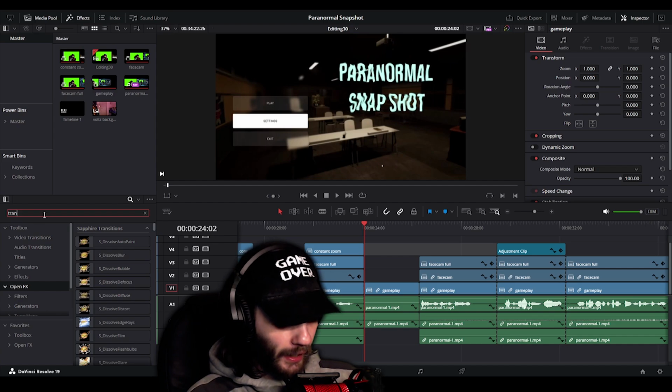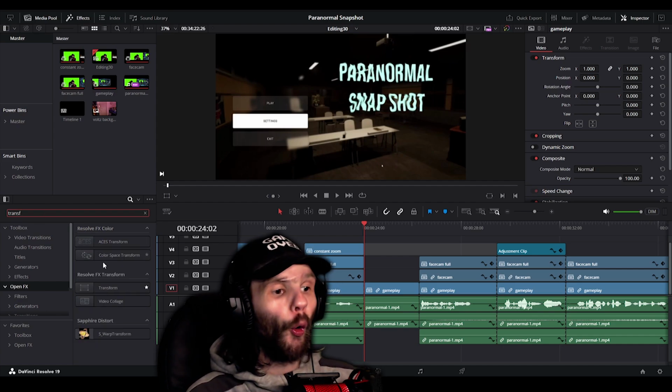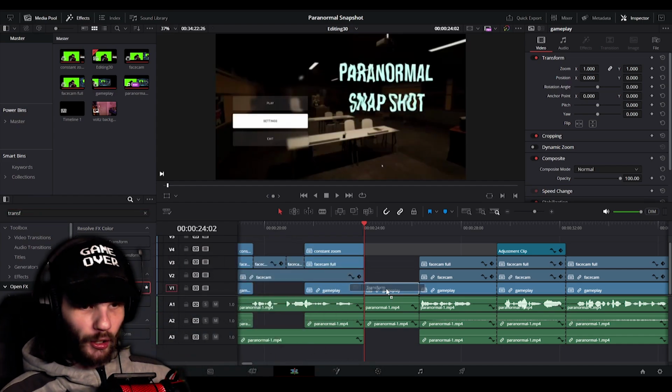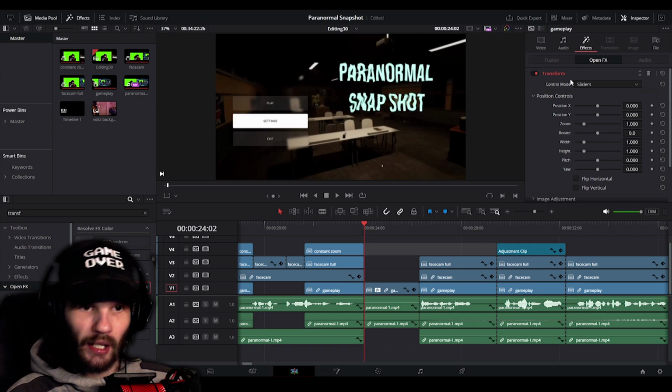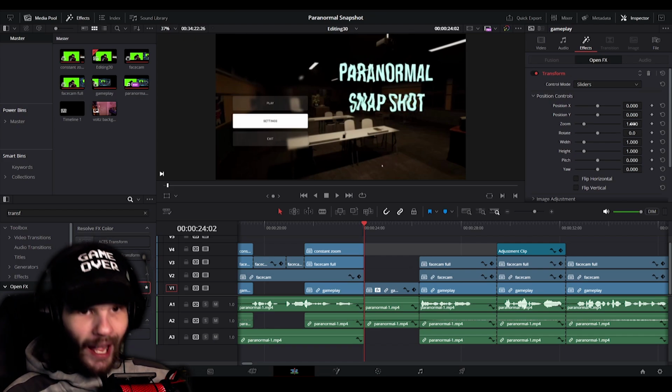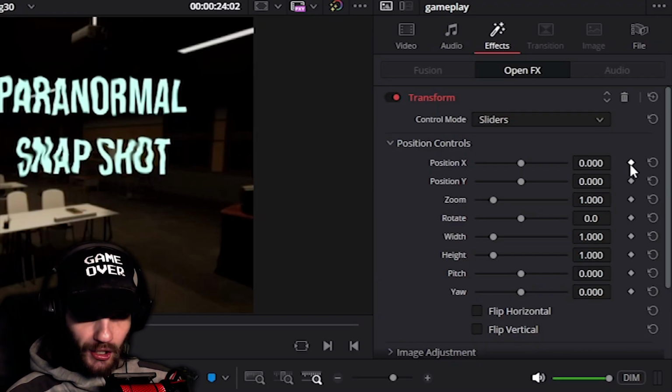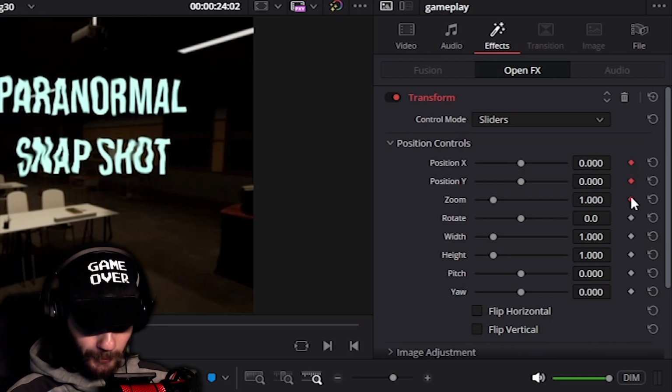Okay, it was lagging a bit. Okay, so transform. There we go. So let's just put this onto here. So it goes into the effects as a transform. So now, if I put a keyframe on position X, position Y, and zoom,